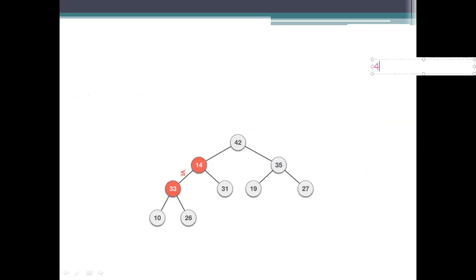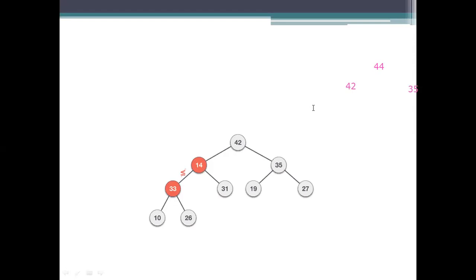So the first value is 44. Next, we have 33. And then next we have 35. After that we have, sorry, the value 42. And then we have the value 35.